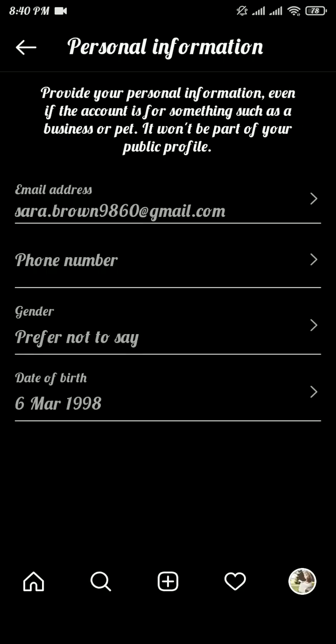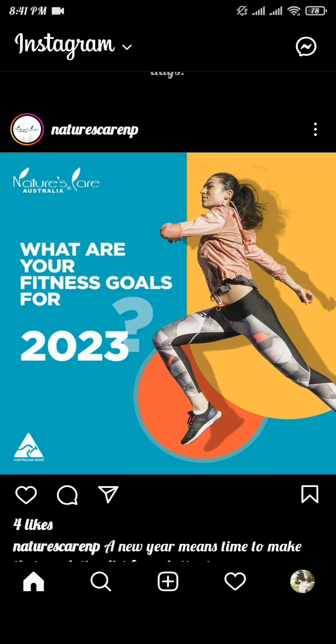button. Now here you can see my email address has been changed, and just like that you can change email